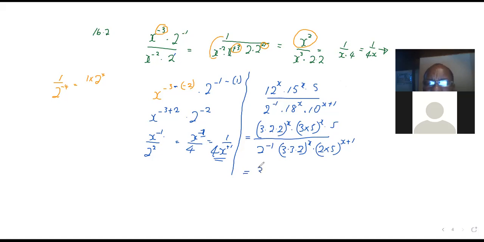And then this is going to be 3x, 2x, and 2x. 3x, 5x times 5 to the power 1 divided by 2 minus 1, 3x, 2x, 2x plus 1, 5x plus 1. Look, this one will cancel this one, and this one will cancel that one, and then we expand up here, we remain with